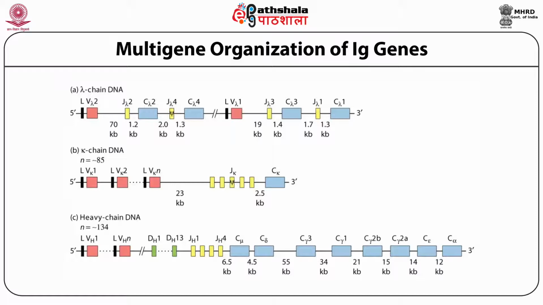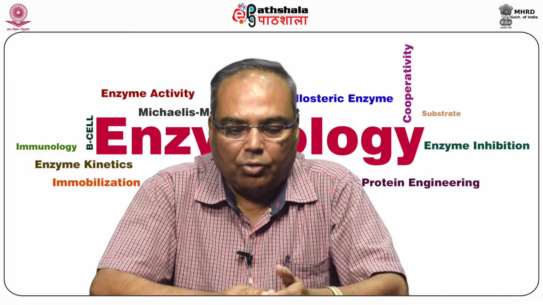Never do the two chromosomes separately make one light chain and one heavy chain to give a functional molecule. It is only a single chromosome, either from the father or from the mother, that carries out the synthesis of both light chain and heavy chain, and finally gives rise to the first immunoglobulin, that is called IgM immunoglobulin.